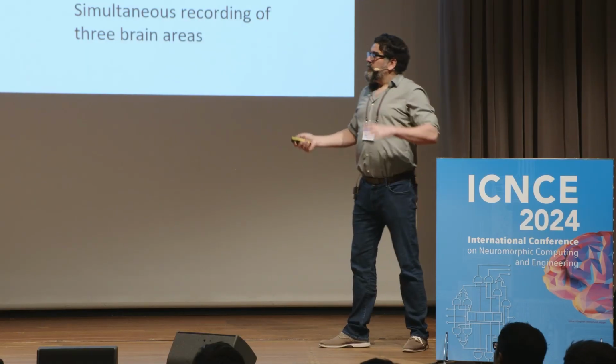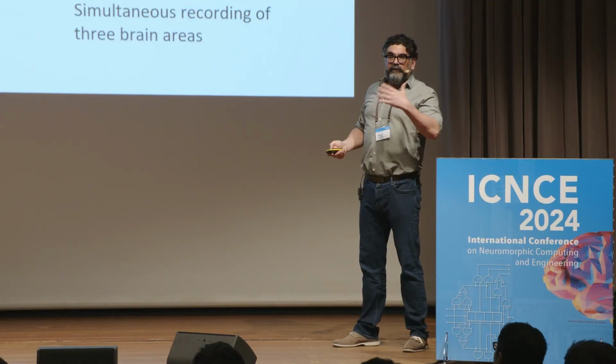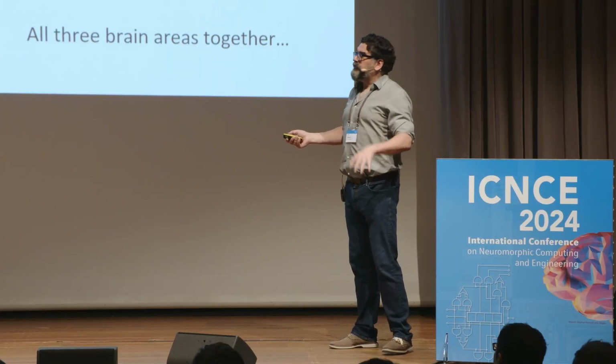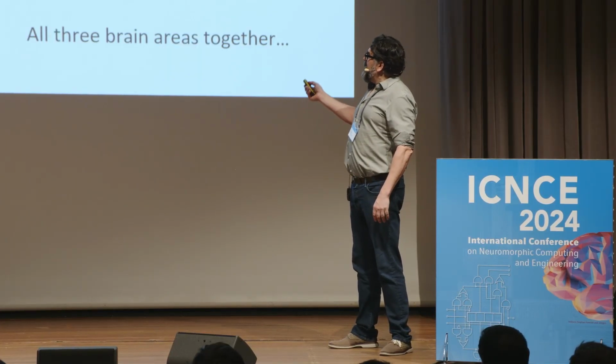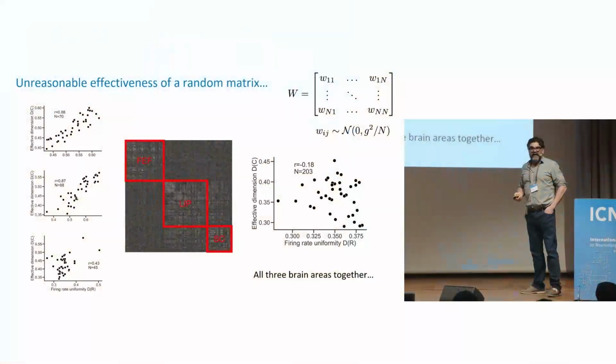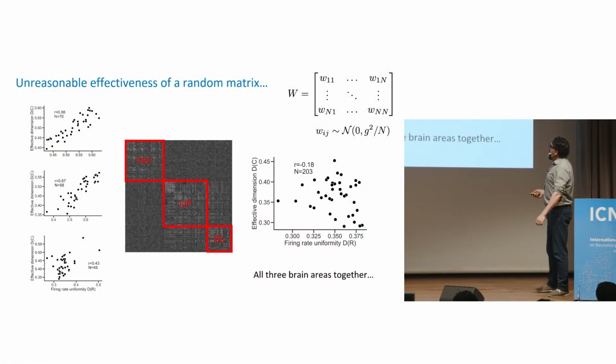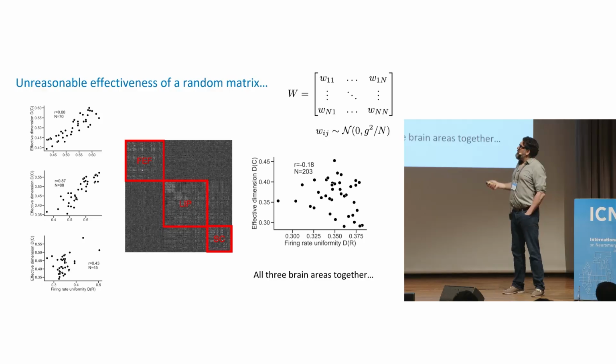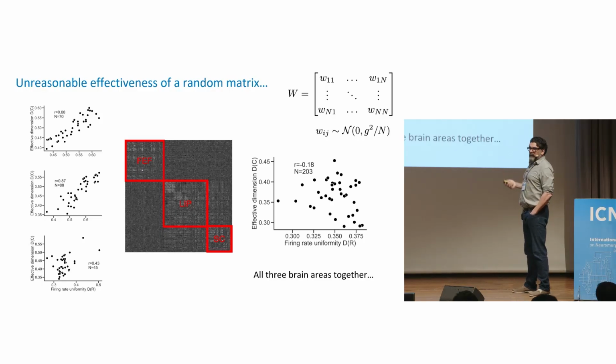But since I have the full matrix, I can ask what it looks like for the full matrix. And it's horrible. It doesn't work. When you concatenate all of the neurons together in some grand network and ask if this works, no. And I'm happy that it doesn't work, because this was already a suspicious assumption. We know a lot about the wiring of neurons within a brain area. We think this is probably a pretty poor representation of it,